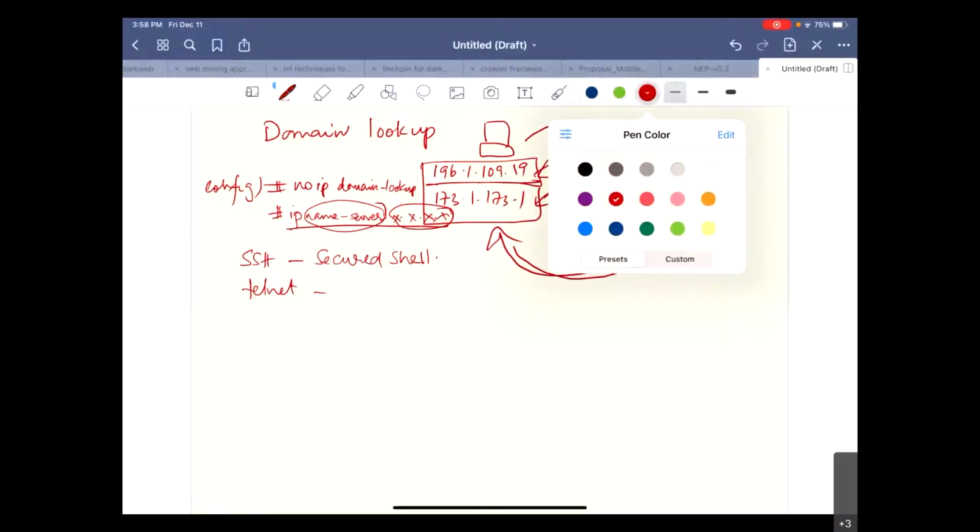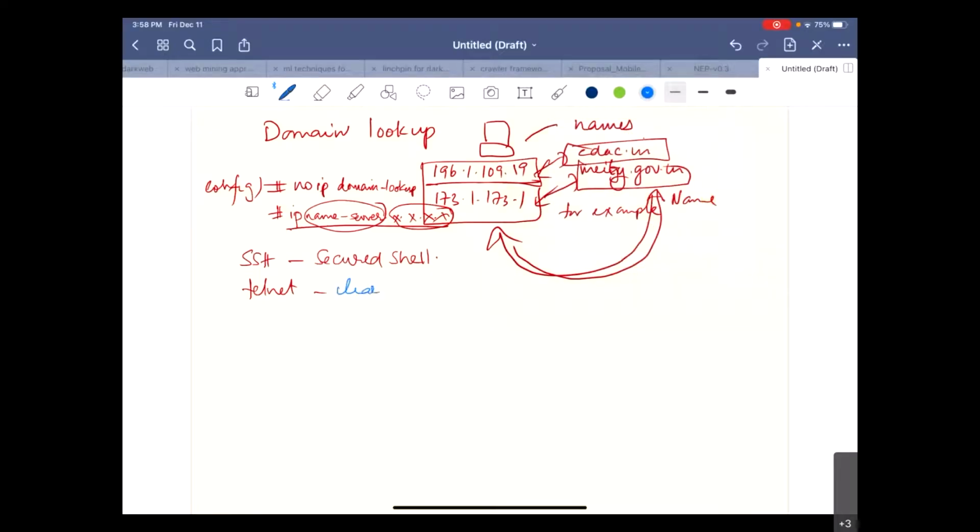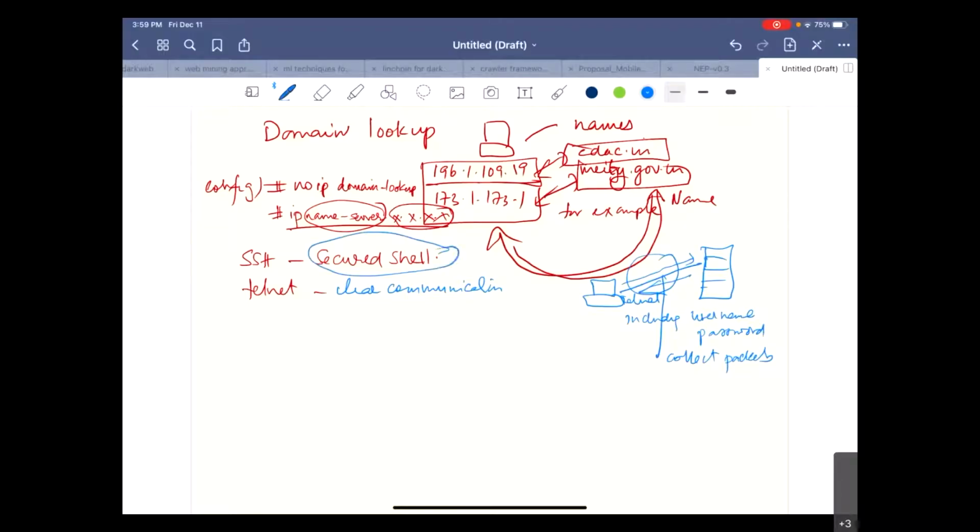Suppose you connect from your system to a server using telnet, terminal emulation: all data traveling between these two connections, including usernames and passwords, can be seen because it's clear communication. If you collect the packets, you can see both. So we always recommend using Secure Shell.